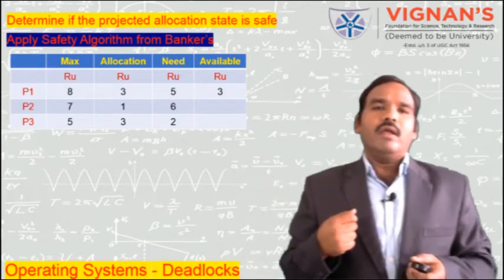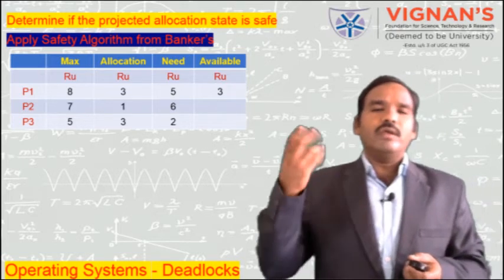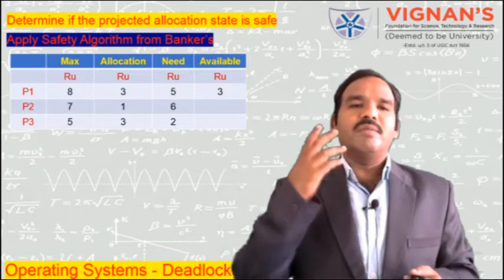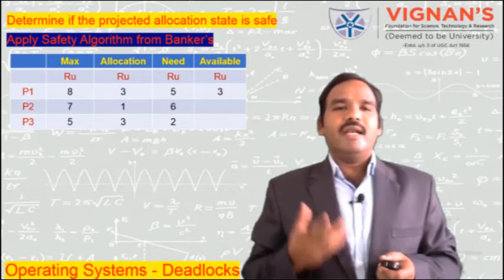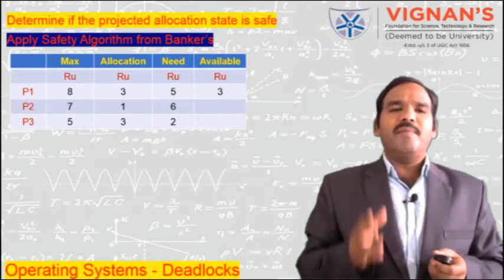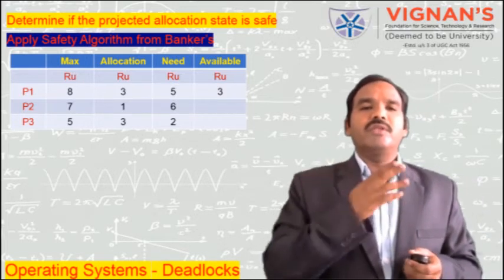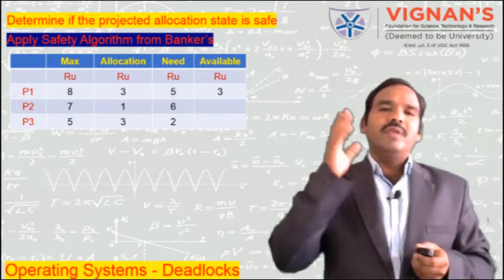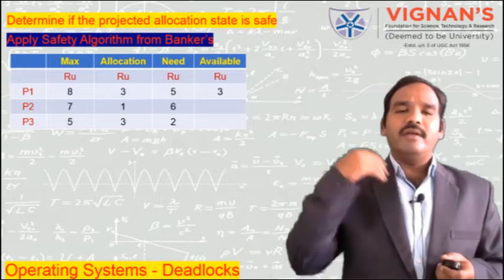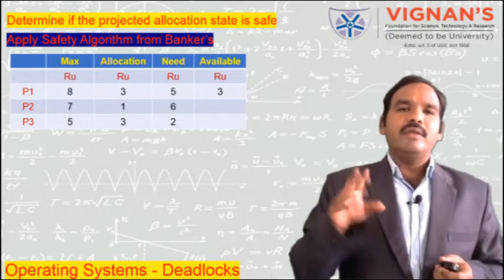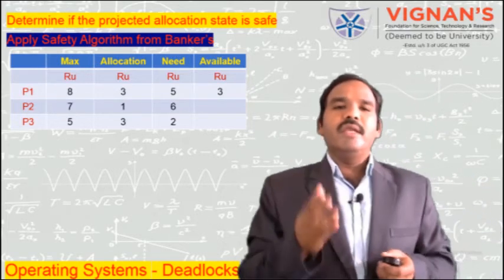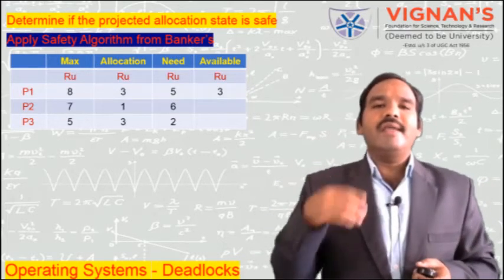In our interpretation, which we studied in previous lectures, here Max is a data structure. Only one resource and 3 processes, so what is the matrix? 3 into 1 means 3 rows and 1 column. Similarly, allocation according to the given data, and Need, which they called balance. Here we are calling balance a need in this table.